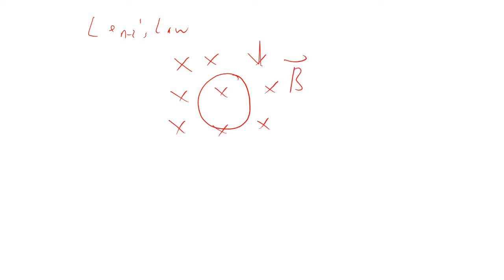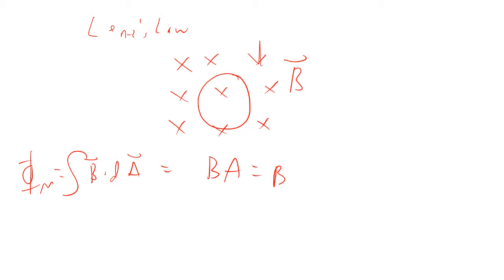So you actually saw something like this in lab. If we had a loop of wire right here, in a magnetic field that's into the board, the flux is going to be integral B dot dA. So the flux is B times area, so B times pi r squared. If I decrease the magnetic field,